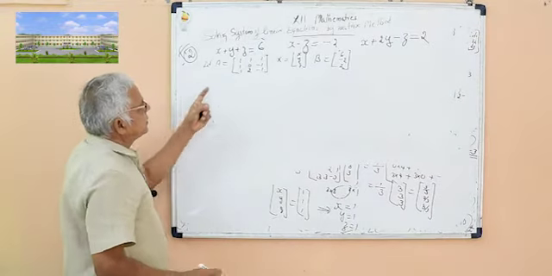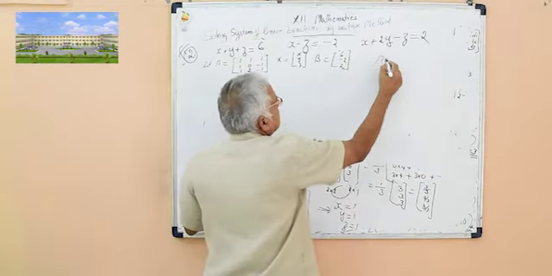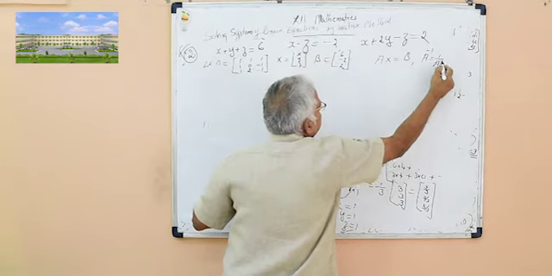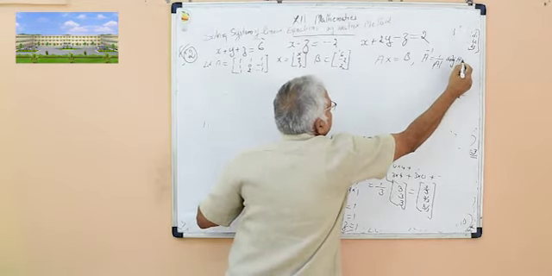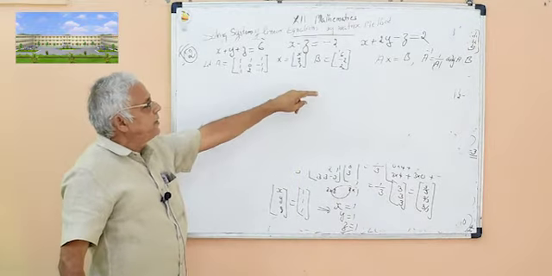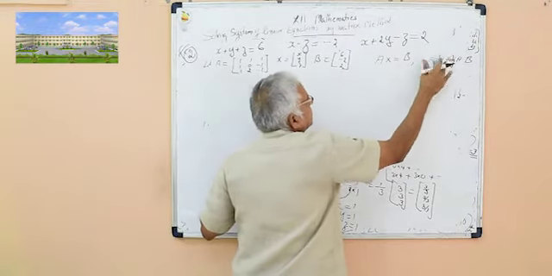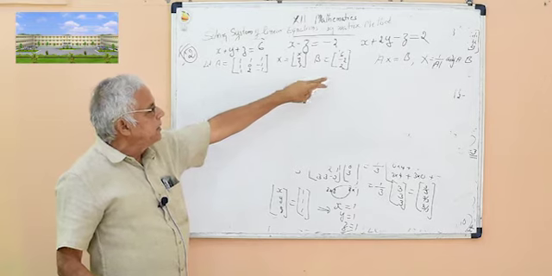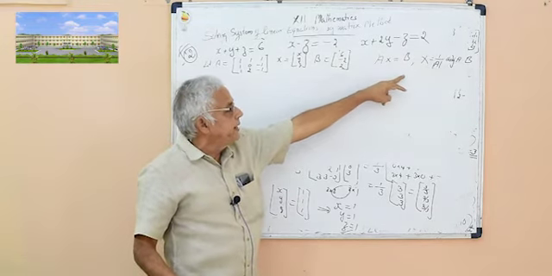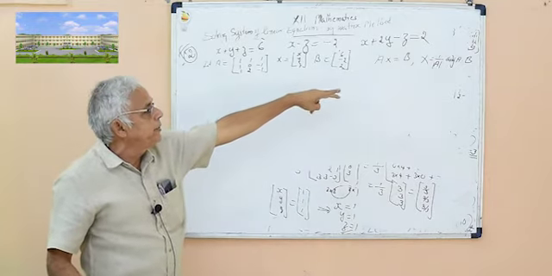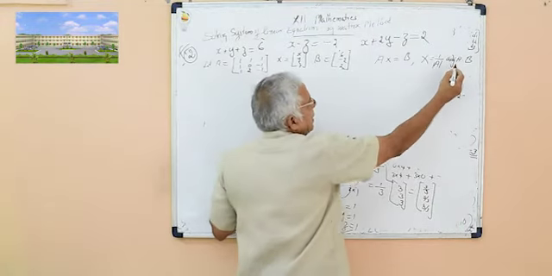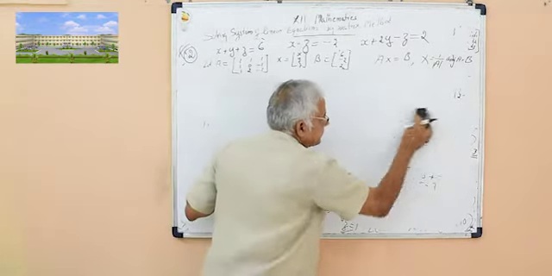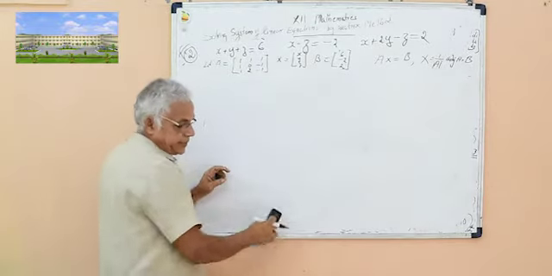Then AX is equal to B form. AX is equal to B, then X is equal to A inverse B, where A inverse is 1 by determinant of A into adjoint of A. This is the method of solving the linear equations. The variable matrix is the column matrix x, y, z, capital X is equal to 1 by determinant of A into adjoint of A into B. So, as previously, first we find the adjoint of the matrix.